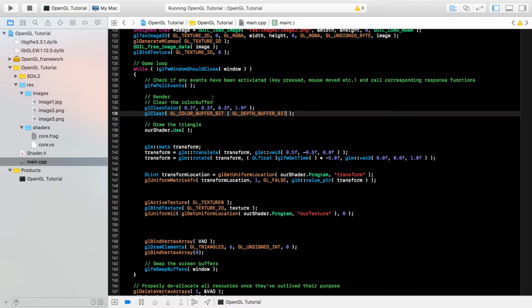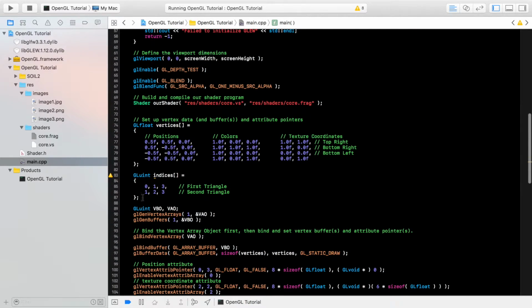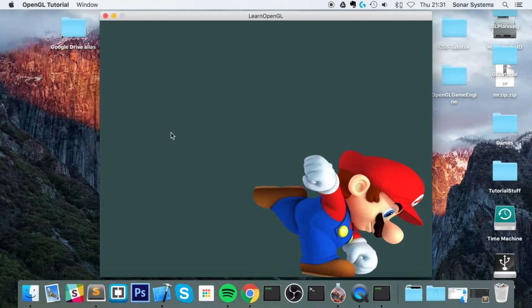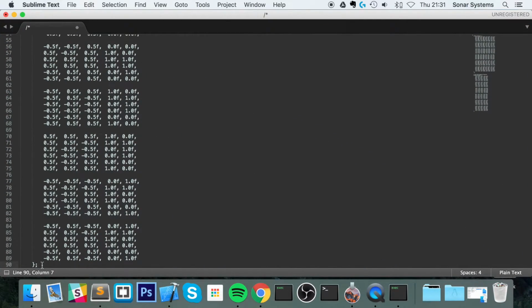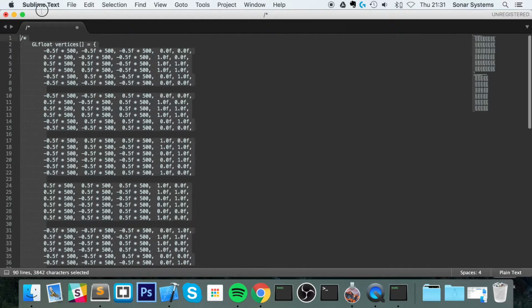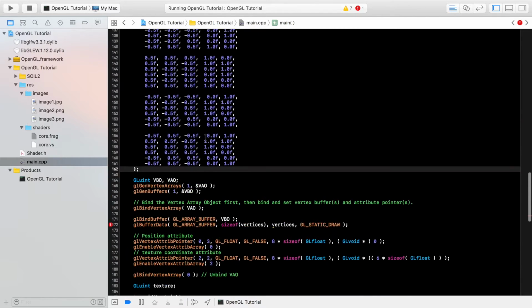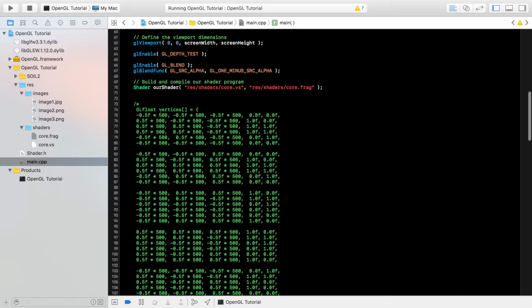Now that we've implemented depth into our application, we're going to get rid of the indices and the vertices. I've got the vertices right here. We're not using any indices for this video because there's quite a bit here. I'll briefly touch over what it's doing, and we'll be switching between the two of them to illustrate orthographic projection